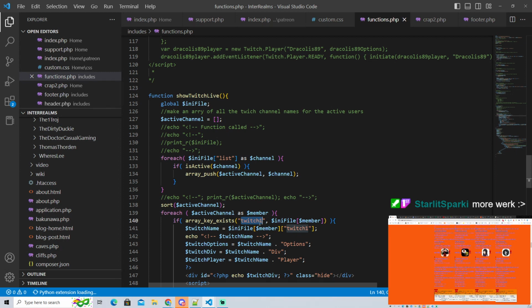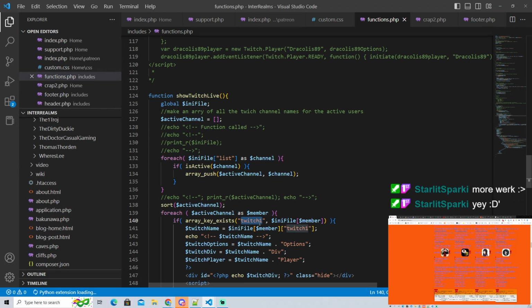More work! Yes, welcome in, Starlit. I will probably jump over to the Inner in about 50 minutes after the reboot, because I'll go fix that issue, and then Starlit, I can show off what you've done, because I haven't even looked at it yet. Sorry, taking a swig of water there.